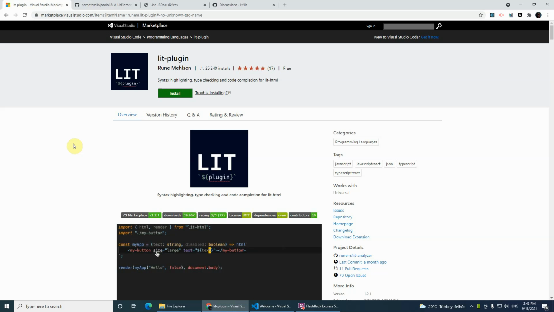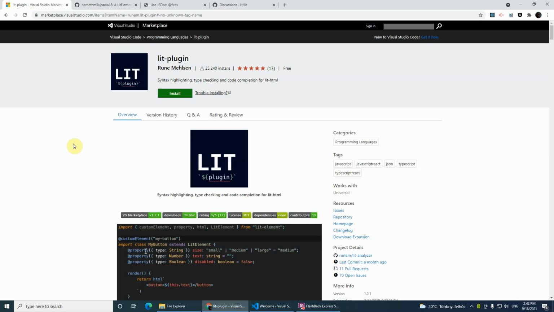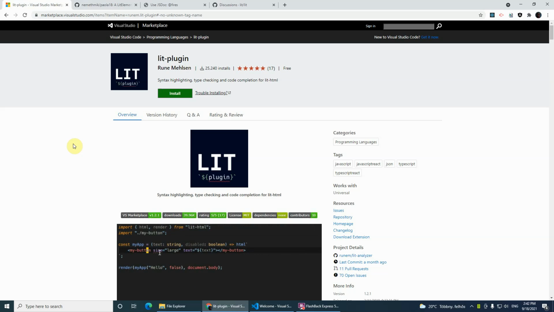Web component development wouldn't be as nice and excellent a programmer's experience without the Lit plugin made by Rune Melzen. This plugin makes programming web components with lit-html and LitElement really a joy with Visual Studio Code. So this video is going to revolve around the features and capabilities of the Lit plugin in the context of how